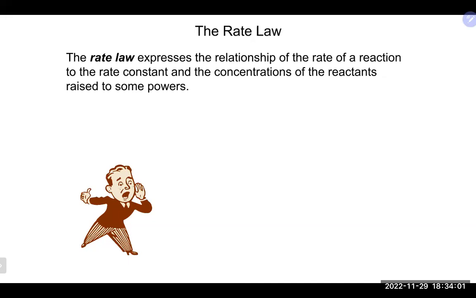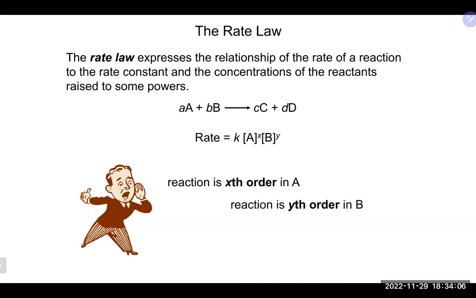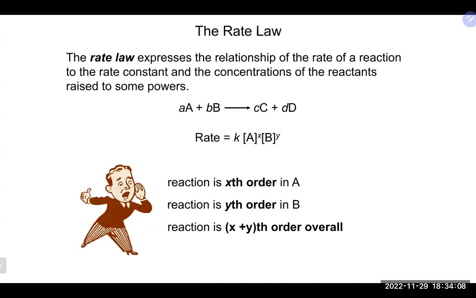All right, so we talked about the rate expression. We're now going to talk about the rate law, which is a little bit different than the rate expression in some aspects. The rate law expresses the relationship of the reaction rate to the rate constant and its reactants raised to some power. So for this reaction, this would be our rate law. The rate, which is something like molarity over seconds, equals k, our rate constant, which is that constant value as long as you don't change the temperature, times the concentration of A and the concentration of B,